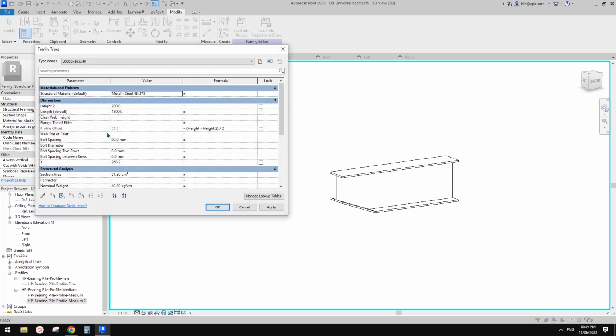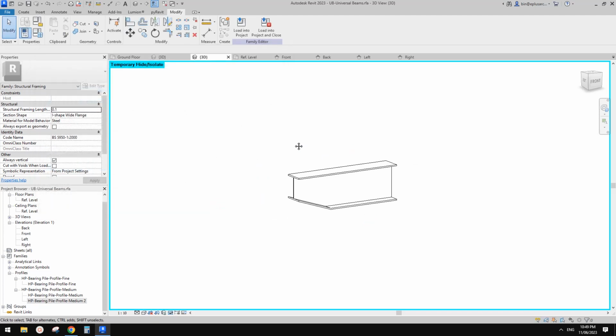So if I change X to 350, for example, it will change. Not sure about that one, but yeah, looks like it works here. Okay, so great. So now let's go to